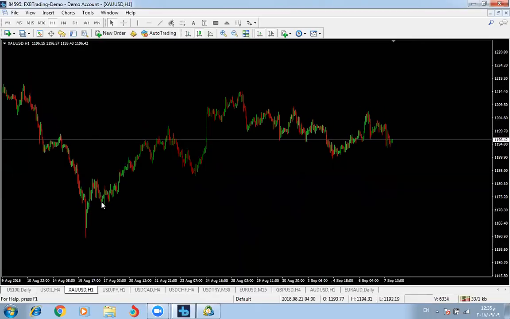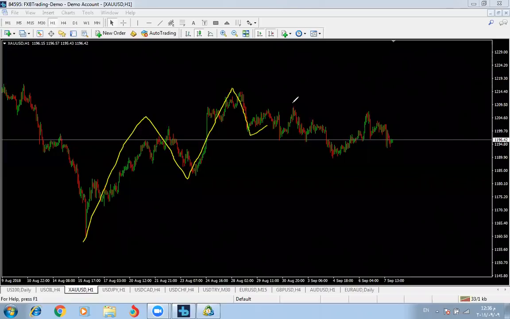We have made our first two legs to the upside. This A, B, C is the first two legs to the upside. Then we make another ABC to the downside. This is A, this is B, and this is C. Then we make another two legs to the upside, A, B, C, another two legs to the downside, A, B, C. And so far we have made four